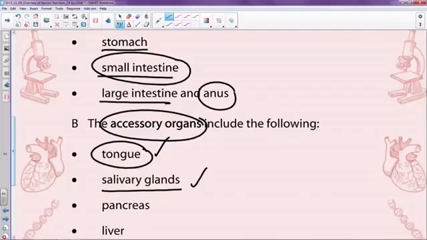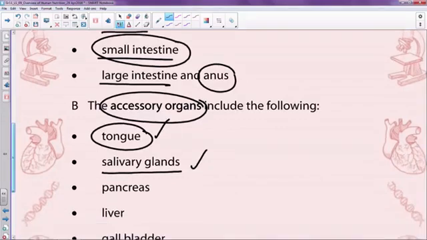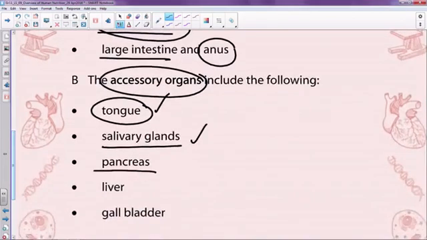And then you look at your salivary glands, a very important part, and you've got three pairs of them. These are essentially glands that produce salivary juices that assist in the initial process of digestion, and that's of carbohydrates. We also know that the pancreas plays an important role in the body, which we will look at in the